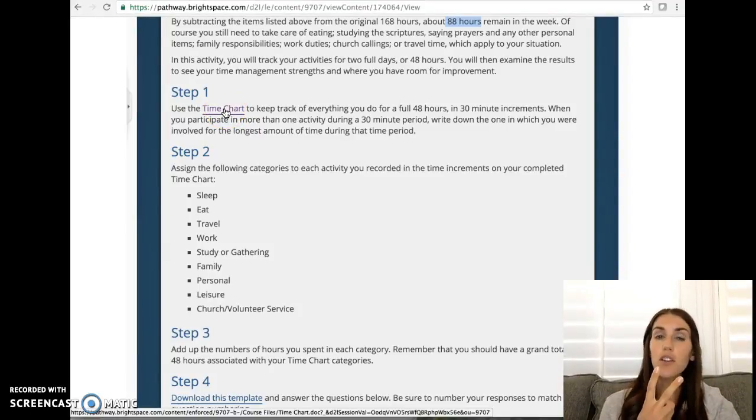So you're going to track for 2 days what you do with your time. And I love this activity because it's always eye-opening for me to see written on paper or typed in your chart what I'm doing with my time. I'm going to show you how to fill out that chart,